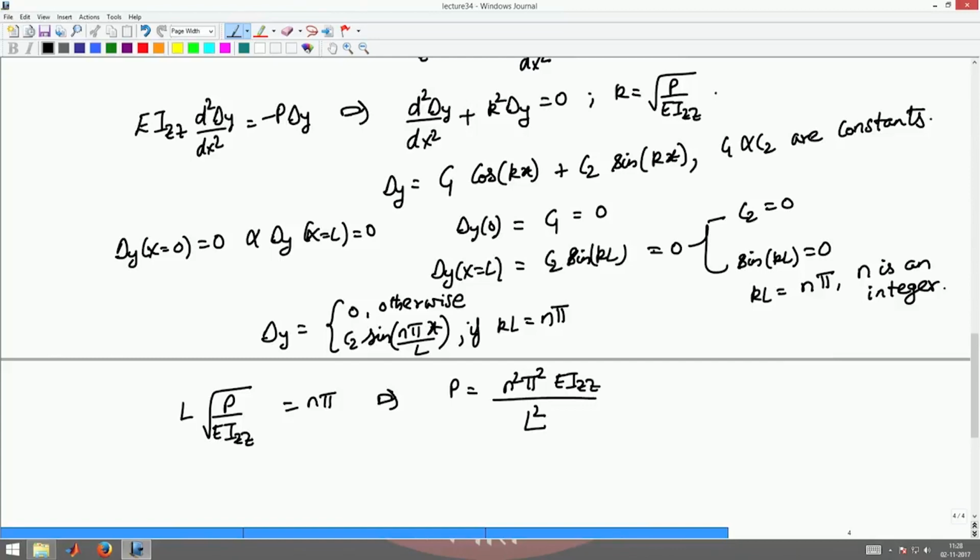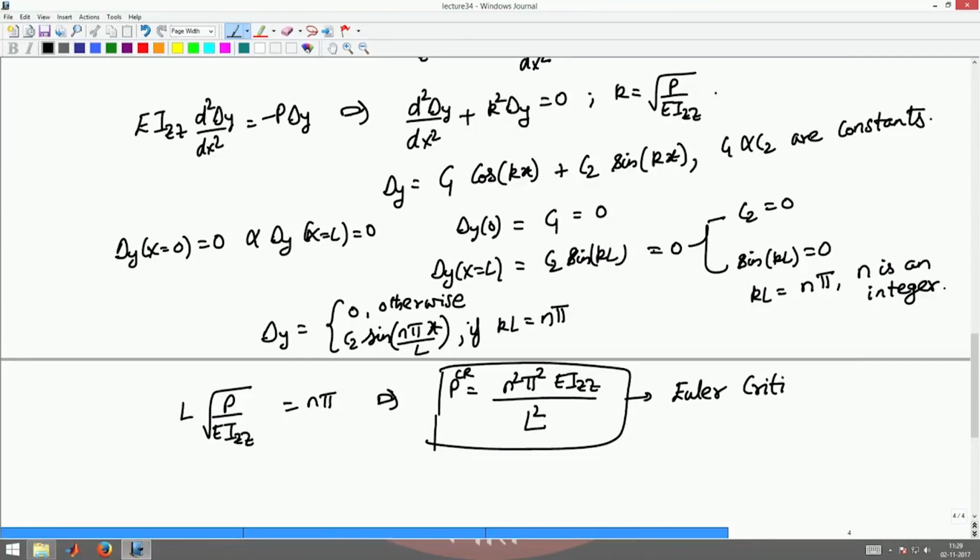That is, if the load takes this particular value, then an alternate solution arises, given by sin n pi x by L, where the deformation is part of a sine wave. So this load is called the critical load, P critical, and this expression is called the Euler